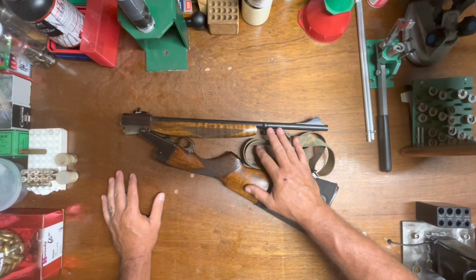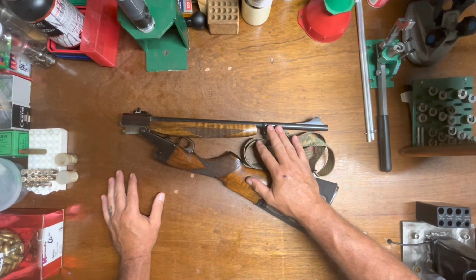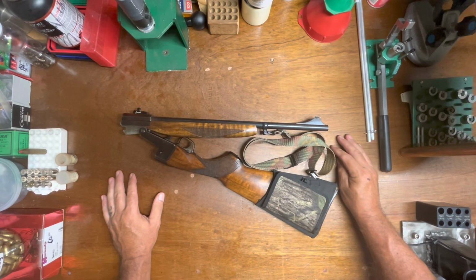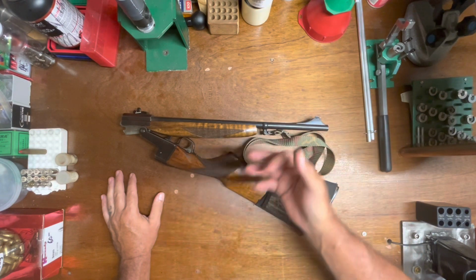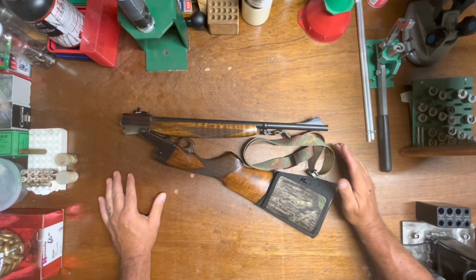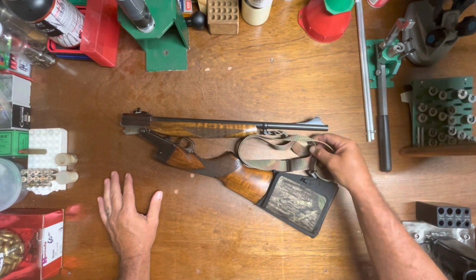I cast, obviously you know this, but I load up my own cast ball loads, and I am shocked at some of the ballistics I can get out of those. They are screaming ahead power-wise over the factory stuff. You look at some of the factory buckshot loads, I'm talking about triple O, just big balls. They're going 700, 800 feet per second, and I'm almost doubling that with book loads, and they shoot